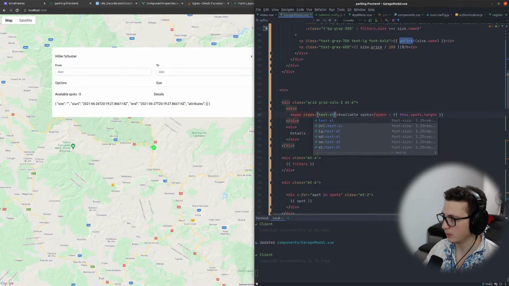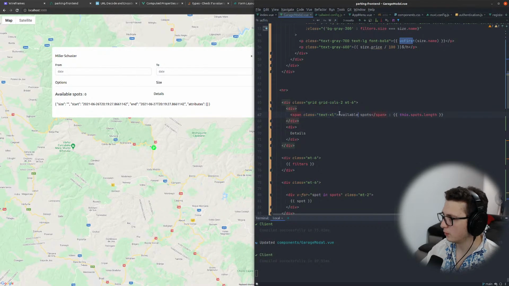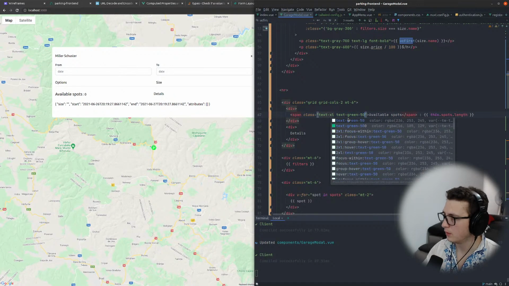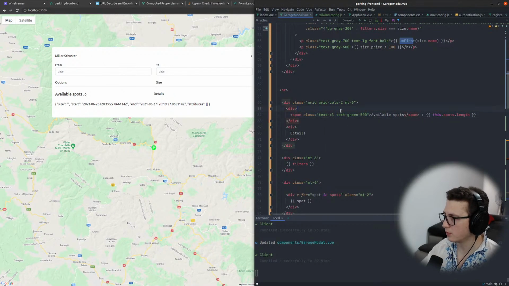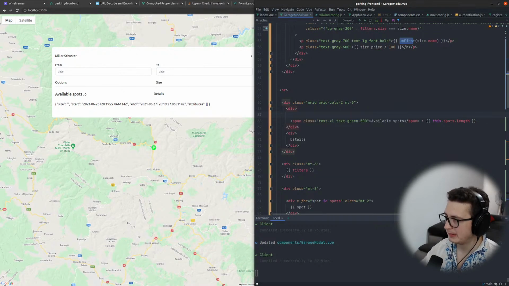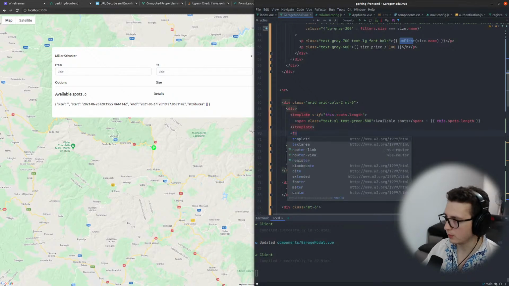Okay, this will be text XL. I think we wanted the green color in here. Oh, also we want to make a template. So if we have any spots, then we show the available spots. Otherwise,